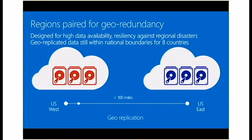Now, I want to be clear that there's a sister or brother data center for every data center you were to deploy a workload into. That does not mean, and I need to be very clear, that you're automatically going to be up and recovered in that other data center. There's tooling within Azure to help you with that process, but at the base level, this is all based on storage. So anytime you store data in an Azure region, we'll pick North Central US as an example,